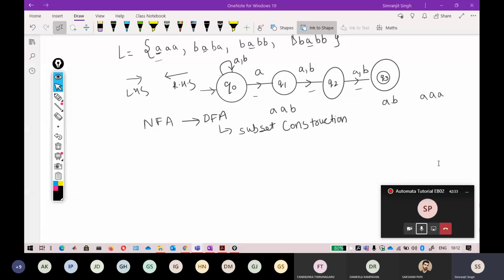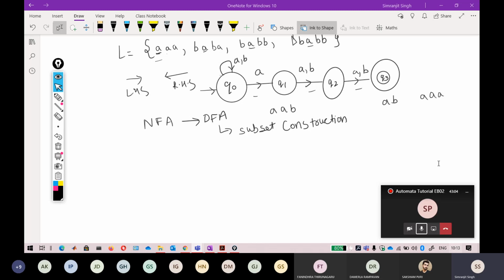Okay, so Saksham, let me type the string here in your automata also. The string will be AB. If you give it, it will result in the state, I think, Q2. So this should be accepted, because the third symbol from the right-hand side is again A here, but it is not accepted. So there is a little bit of mistake.